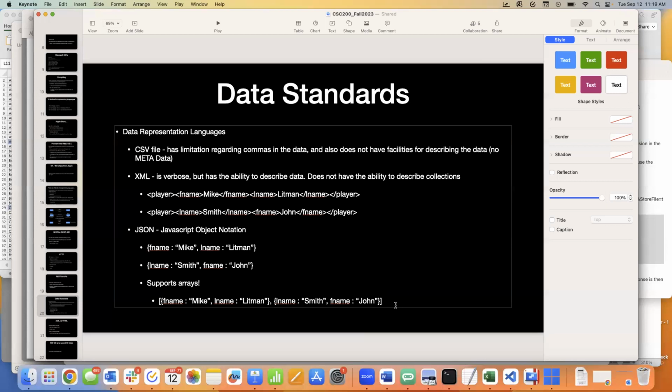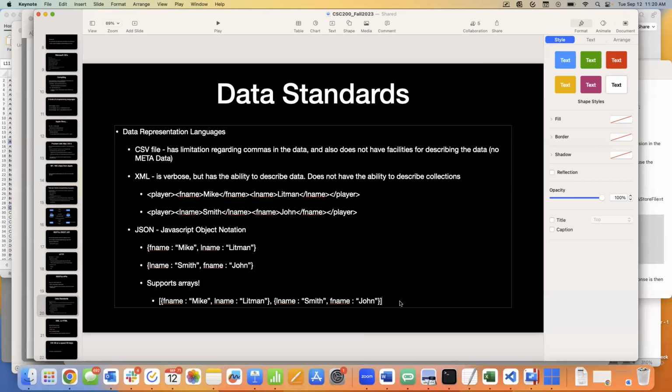You can write a custom program that goes through and says, you know what, I'm just going to keep looking for opening and closing player tags until I run out of them. And I'm going to just keep adding them to a collection somewhere. I'm going to assume I won't have more than 1 million players. So I'll create an array with 1 million buckets in it. And then I'll go through and I'll find all my players. Presumably it's less than 1 million. And I'll fill it up and just keep track of where the last one was. That's like the coding hack to use XML to represent collections. JSON takes that and upgrades it, let's say. All right, questions about any of that?